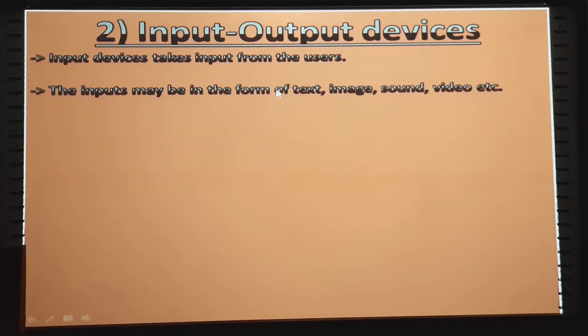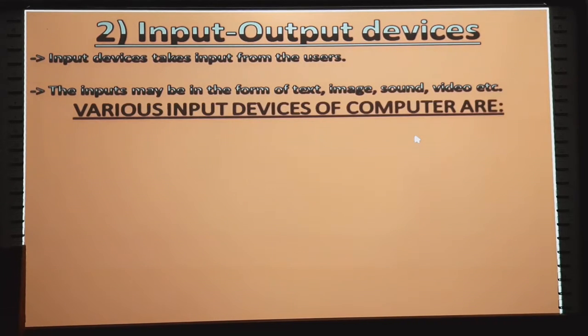So they may be in the form of, these are considered as inputs. Now, apart from this, there are certain types of input devices which are enclosed inside the computer, or attached to the computer, in order to perform communication, to provide instructions, and to give a set of commands.